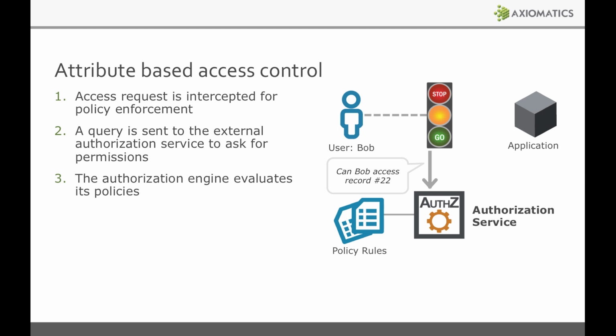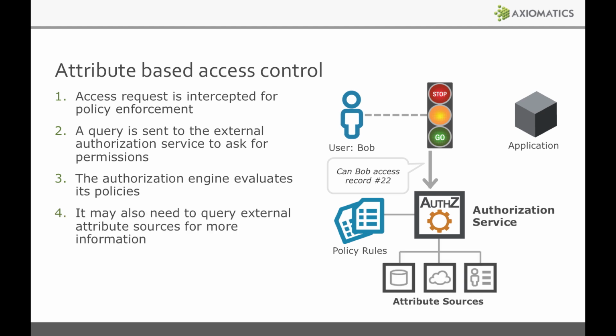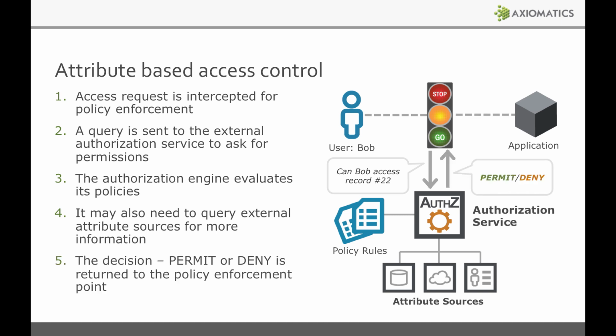The authorization service is configured with those centrally managed policies. You can have as many as you like, and they can cater to as many scenarios as you like. In addition, the authorization service is configured with external sources of attributes. So if you need more information about Bob, for instance, Bob's citizenship, his date of birth, his clearance code, you can fetch that from an external source of attributes, for instance, an Active Directory, an LDAP, or other sources. You could also retrieve information about the records Bob is trying to access. Record 22, for instance: what is its classification, what department it belongs to, and so on and so forth.